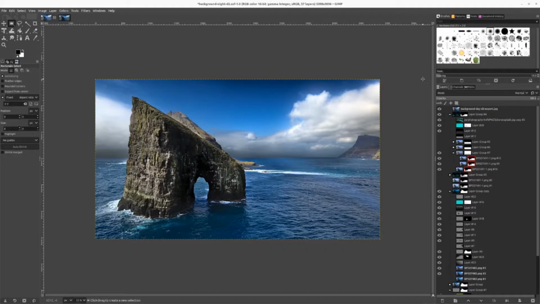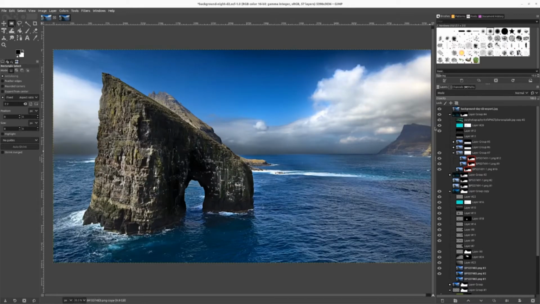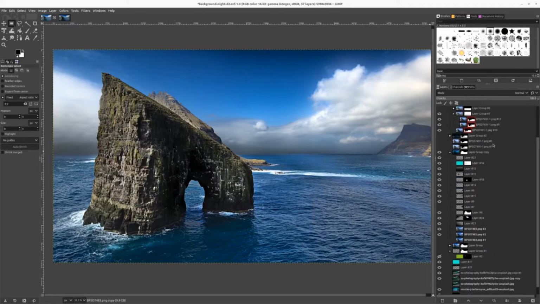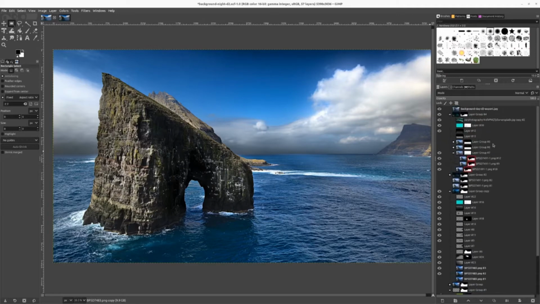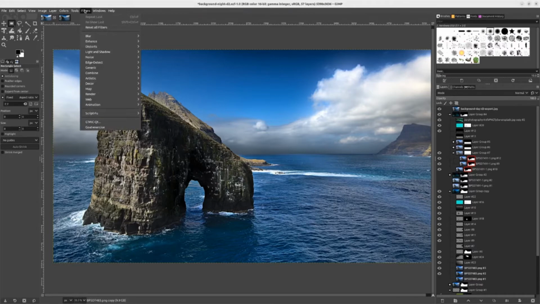What you're looking at is the desktop background we created for Elementary OS within the GNU Image Manipulation Program, more commonly known as GIMP. GIMP will bear a lot of similarities to photo editing software you'll find elsewhere, with many of the same features, including layers, filters, and so forth.